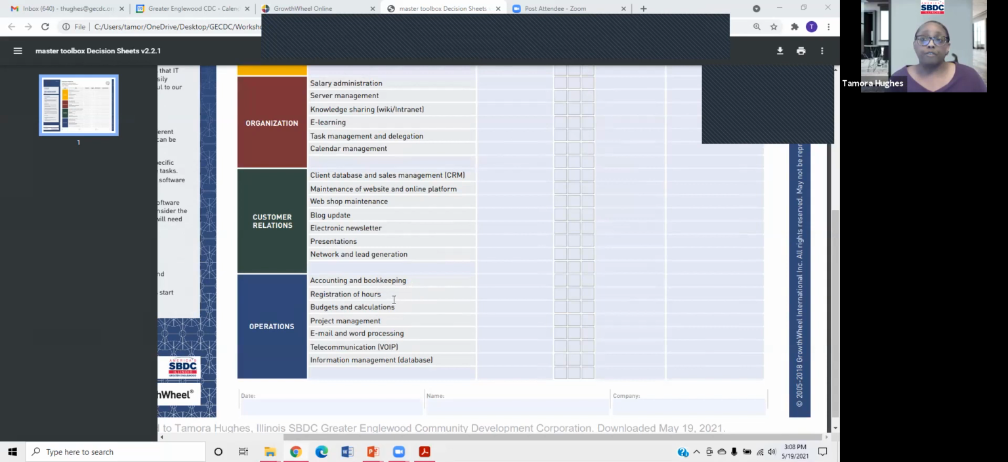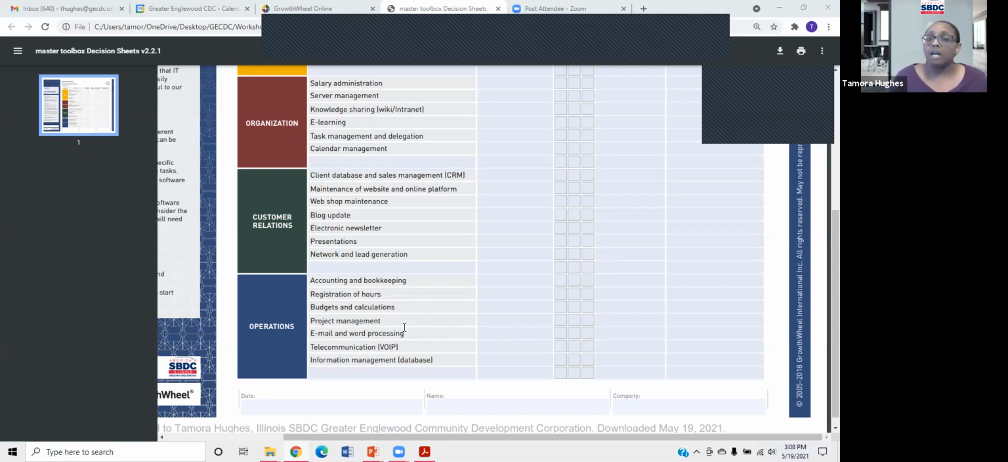Registration of hours. If you have employees, how do you calculate their time? Is it a time clock? Are they punching in or logging in on a computer, putting in their time? So any kind of software, your budgets, your calculations, again, that's kind of like using Excel and making sure those